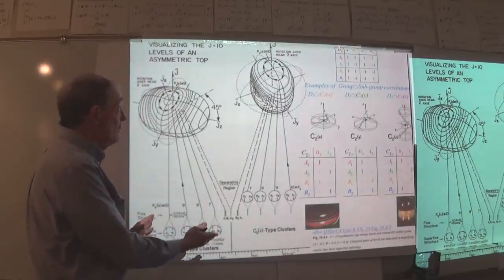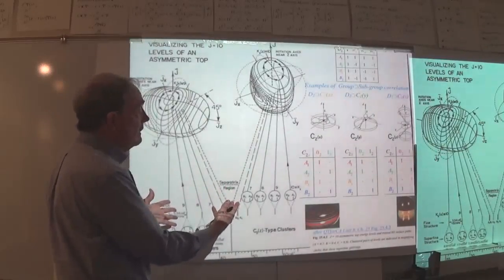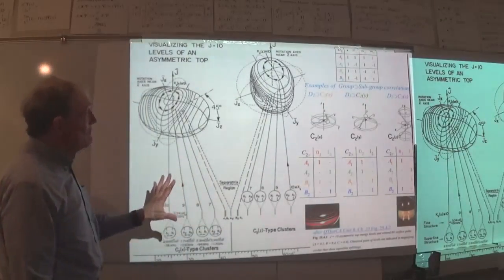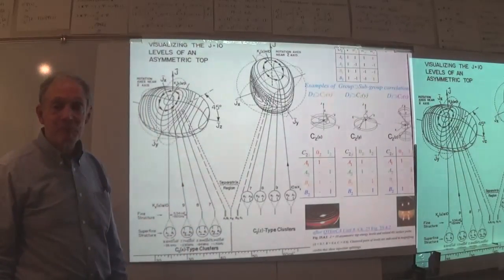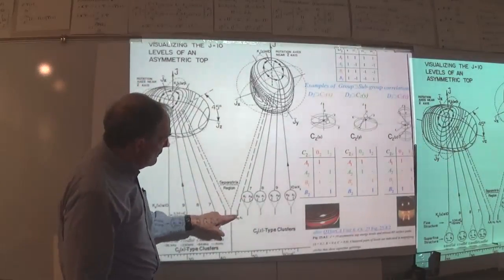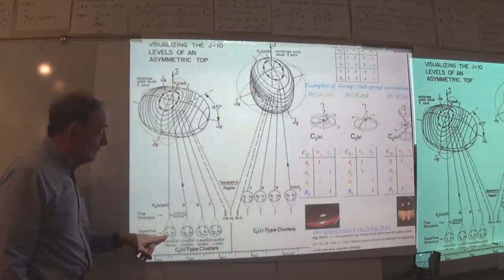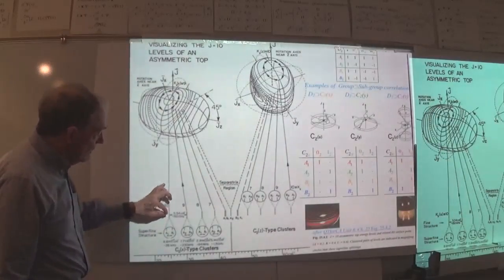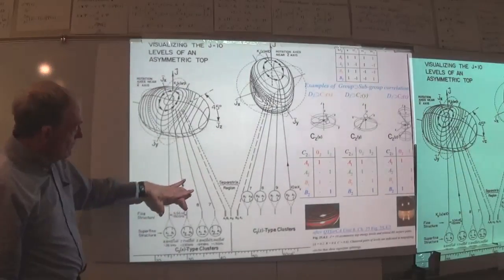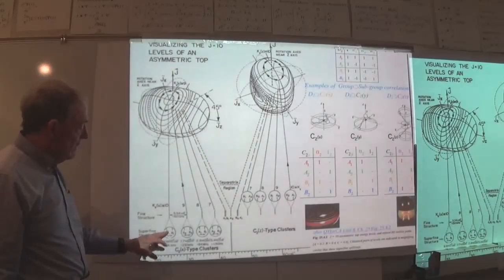Now that's a very special situation where we picked J equal 10 and made the A minus B and B minus C equal. Okay, that's the most asymmetric you can make a top. And you get the level dead center. And then you get these funny clusters that split just a little bit. And so do these, but they're less and less and less until finally you're down to something that's really tiny splittings here. We're only talking about a few kilohertz when we're talking about gigahertz in between there. So it's really tiny tunneling